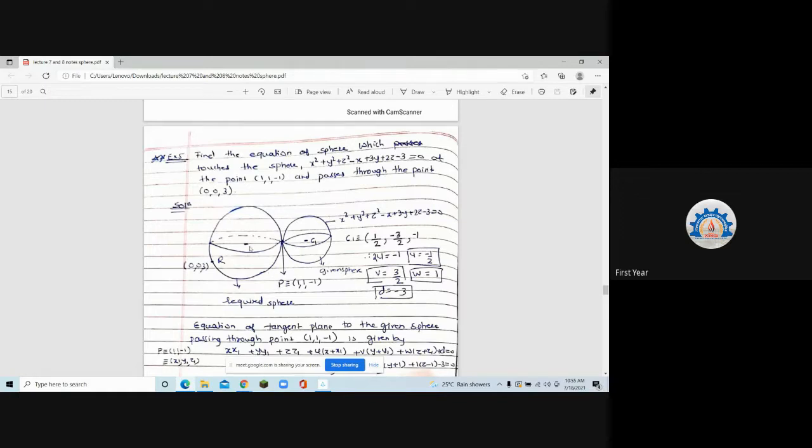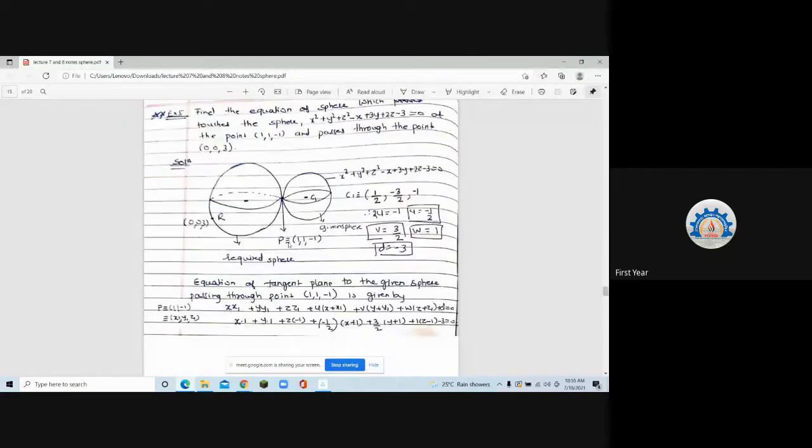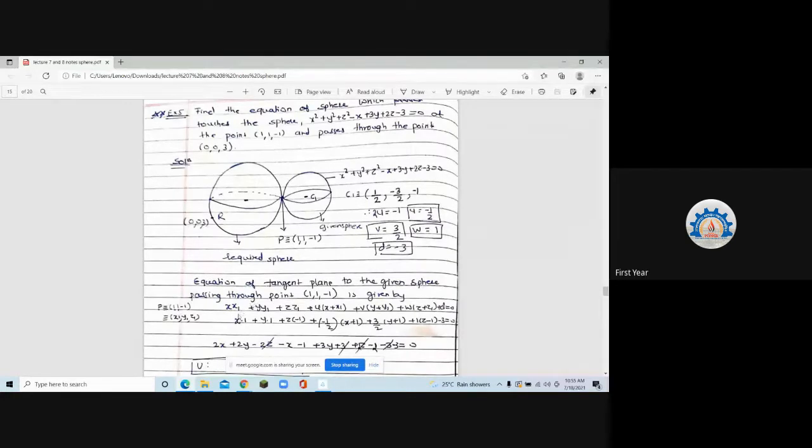We won't get them. So for that, I have to first write down the equation of line CP, which will be obtained with the help of the tangent plane at the point P. Can I find that? That I have to see first. I am given the sphere, so can I find the tangent plane? We have done yesterday how to find the tangent plane. If I know the point of contact, then I know how to find the tangent plane.